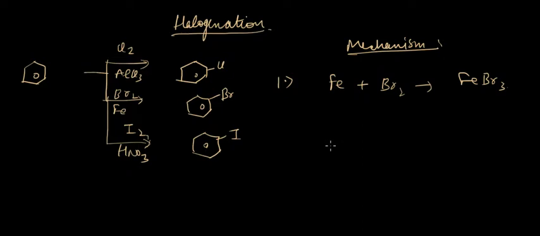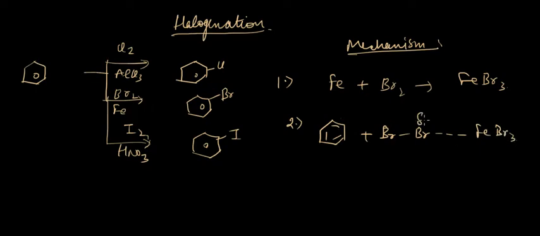Okay, and in the next step what actually happens is, first let me draw the benzene ring. We have this benzene ring, and we have Br2 which actually comes in contact with FeBr3,